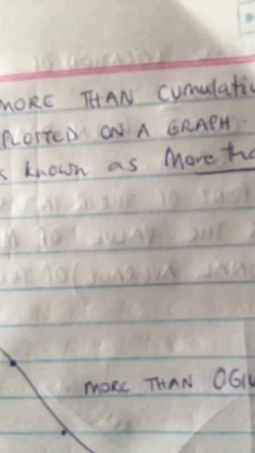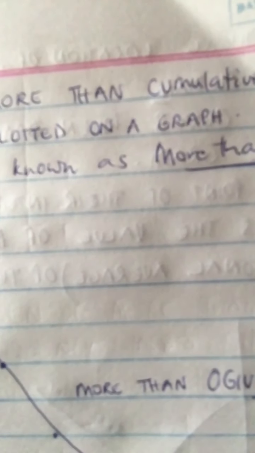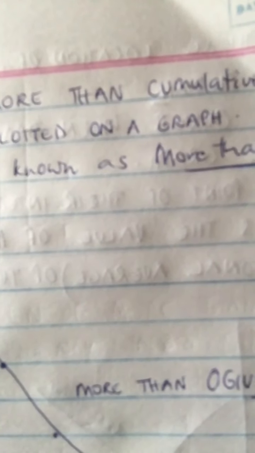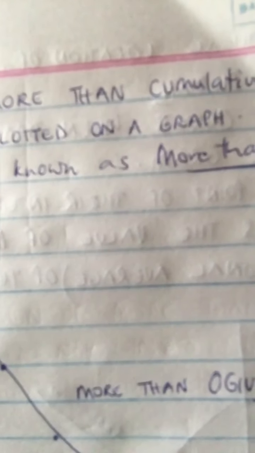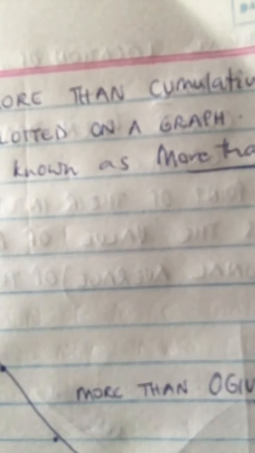So cumulative frequencies corresponding to the class intervals are shown on the y-axis. So then we plot the various points, and then we've joined them with free hand to obtain the required curve, which is, you can see it's downward sloping, because the more than ogive is never increasing. Alright, so this is what it is.